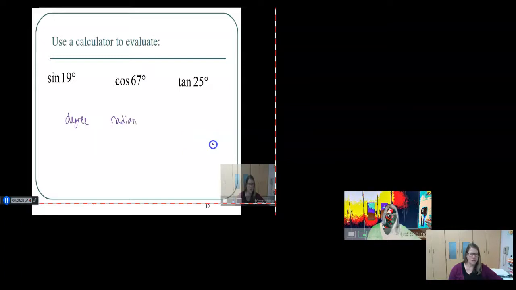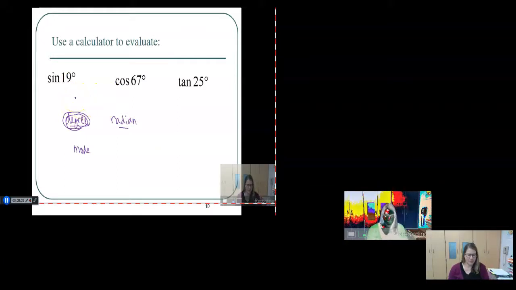Okay. Most of the time it's automatically in degree mode, but if you look at the screen, it usually says somewhere on the screen either degree or DEG or something that lets you know that it is in degree mode. But if you don't see that, go ahead and hit the mode button, and you should see an option for degree or radian. You want to make sure degree is highlighted,